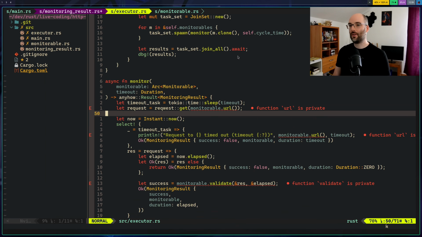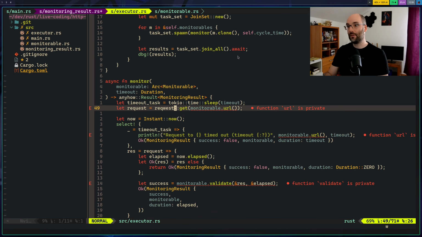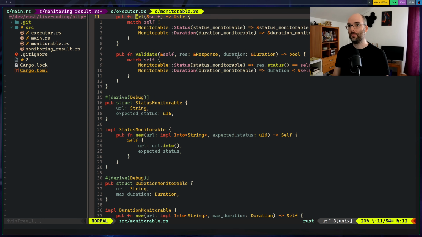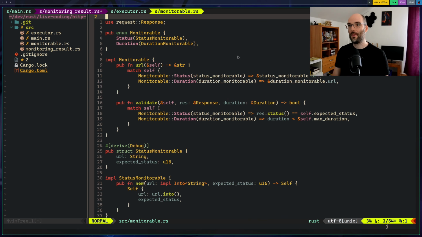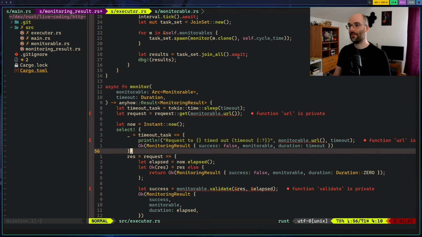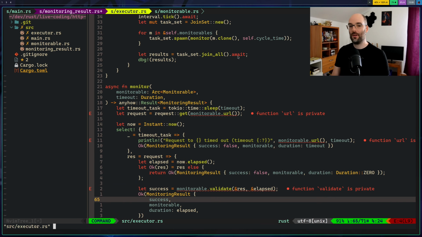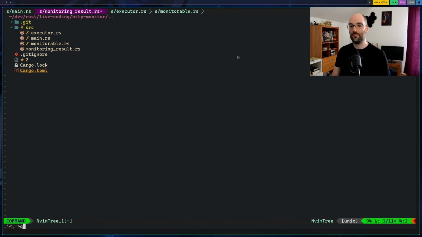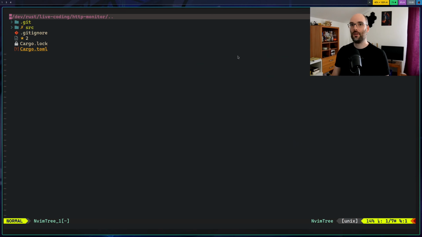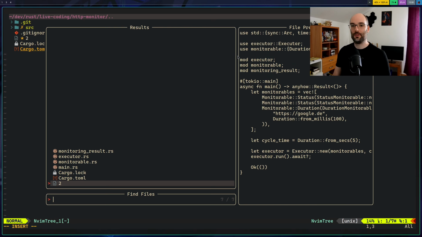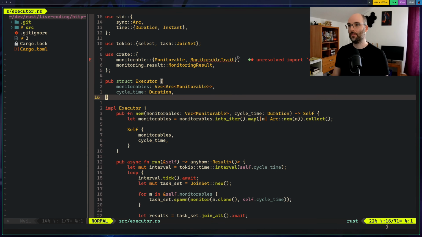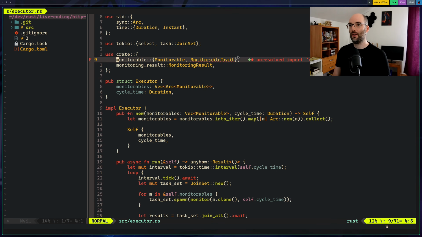Somehow my rest analyzer, I guess, is behind, because this function should not be private anymore. It says public. Okay, so let's just disregard this message here. Same here. You know what? Let's just check whether I can get rid of this message by doing this. Yes. This one doesn't exist anymore.